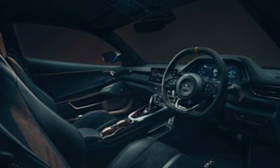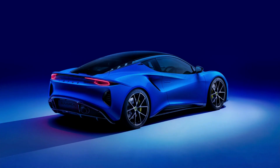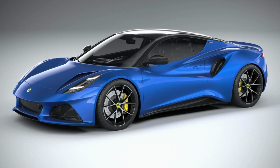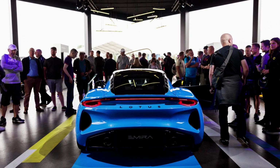Lotus has announced that they will be developing a second engine to meet the upcoming European Union 7 emission regulations. This decision was made in light of their inability, due largely because it is only available on certain markets and countries where there are less stringent controls than other regions around this planet, which could potentially allow for greater flexibility when choosing an appropriately powerful model with adequate fuel efficiency at affordable costs